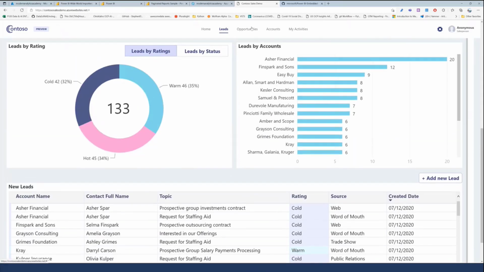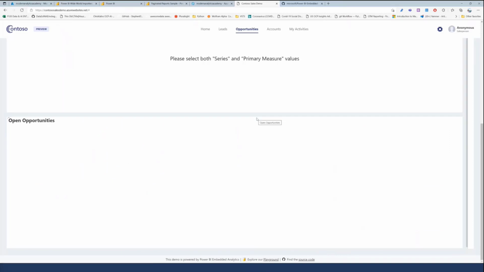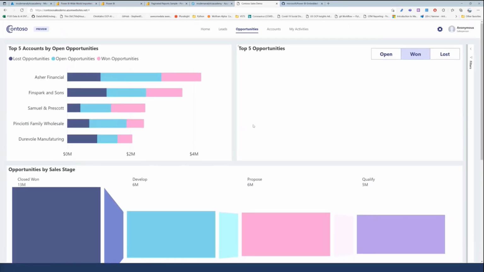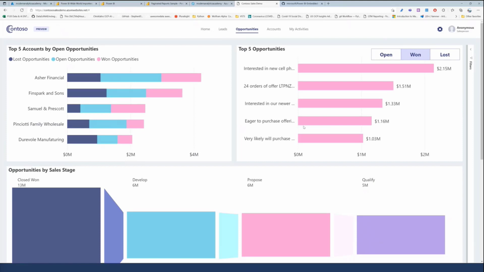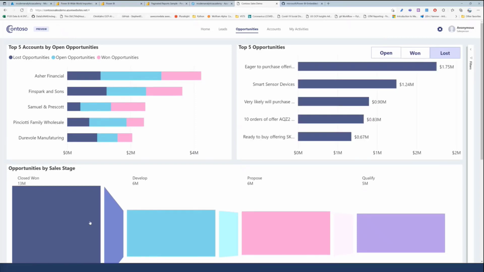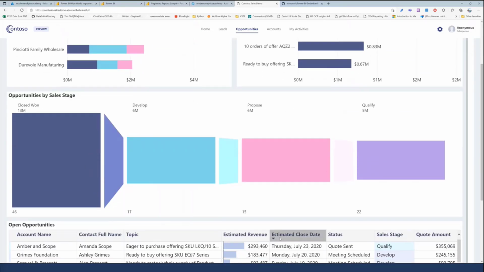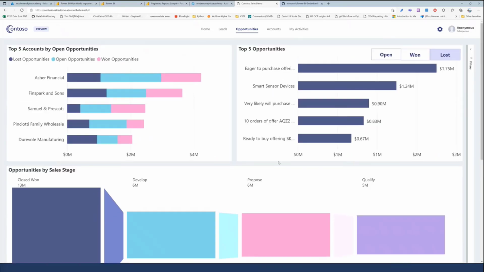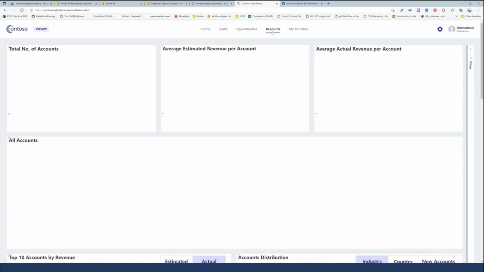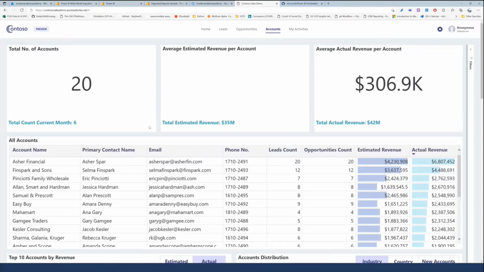More importantly, I can go out there and look at the opportunities that people have. And so if I want to see what are the top 5 opportunities out there that are open or that are lost, we can do that. And also we can bring in some custom visualizations through this funnel chart. So it shows a really rich visualization capabilities and also very simple, easy to use, beautiful UI for their business